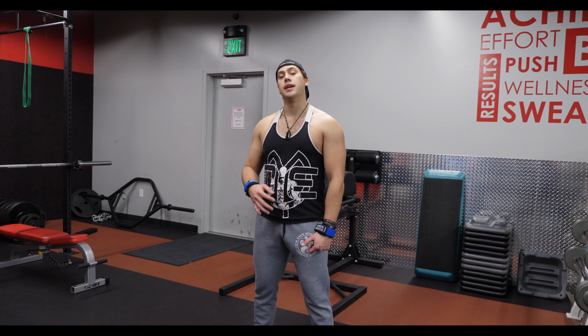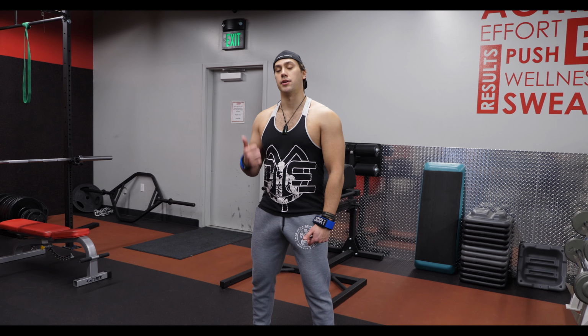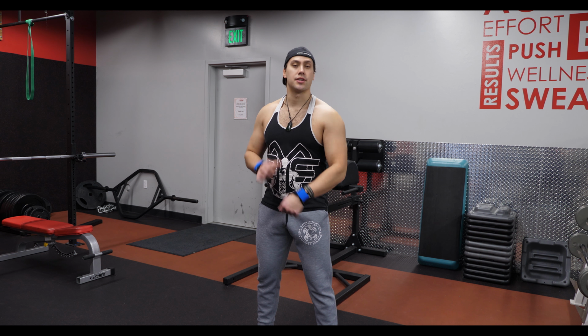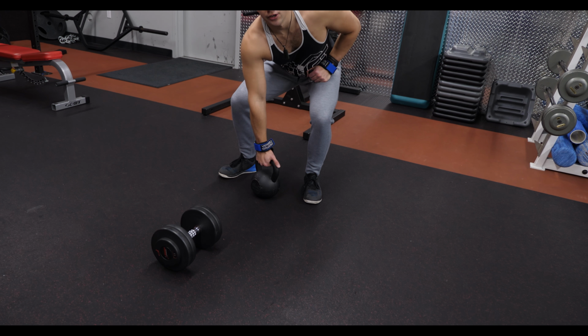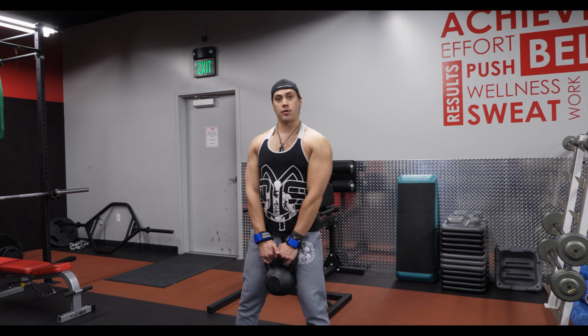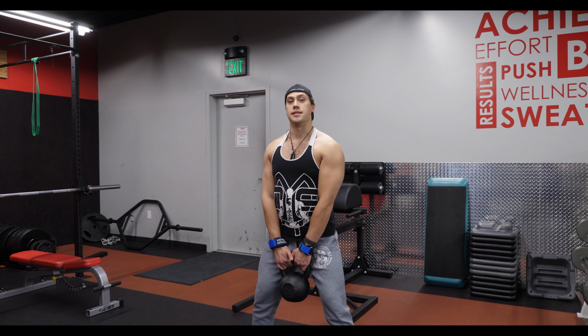Nice. Next movement, what we're going to be doing is either a dumbbell or a kettlebell front raise. Now with this, what it sounds like is you're going to be using 2 dumbbells, front raising 2 kettlebells. No. What we're going to do is I've got a dumbbell and a kettlebell here. I'm going to demonstrate. So, grab the kettlebell in front of yourself, nice wide stance, and instead of coming